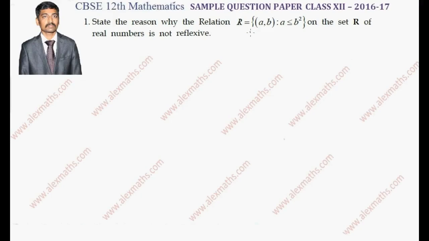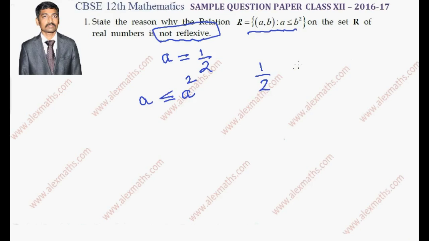State the reason why the relation R = {(a, b) such that a ≤ b²} is not reflexive. Let us take an example a as 1/2. For reflexive, we have to check a ≤ a². Since we are going to prove it is not reflexive, we should take an example and substitute in the given relation. So when I substitute, 1/2 ≤ (1/2)², which is not true